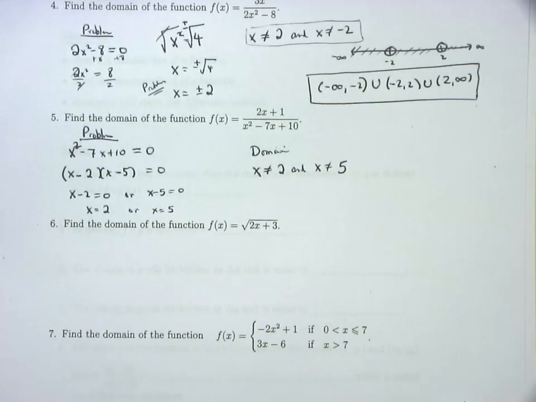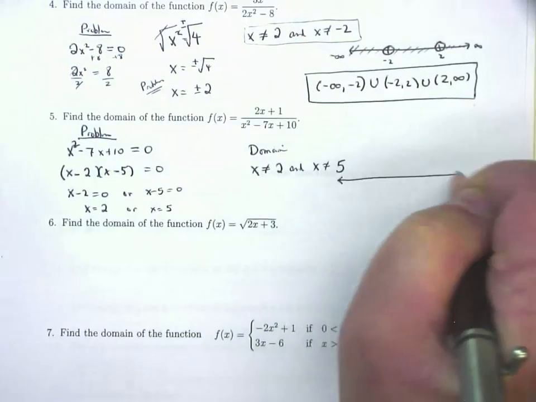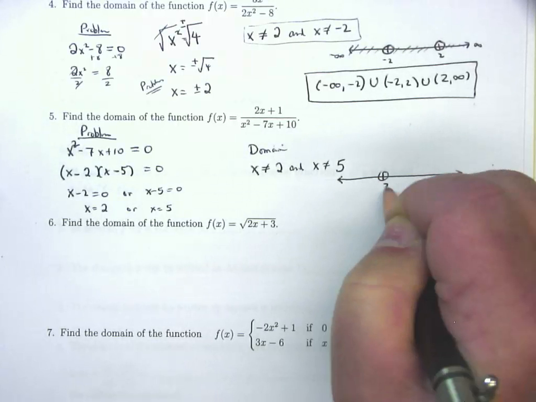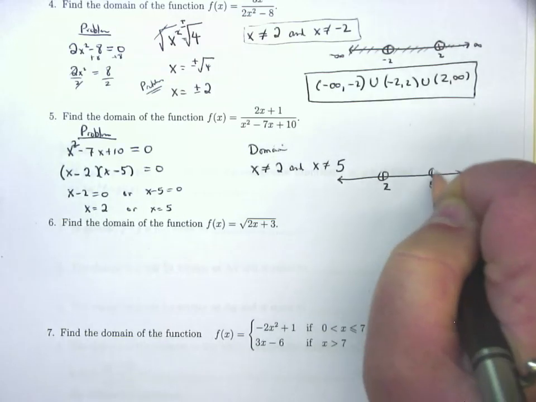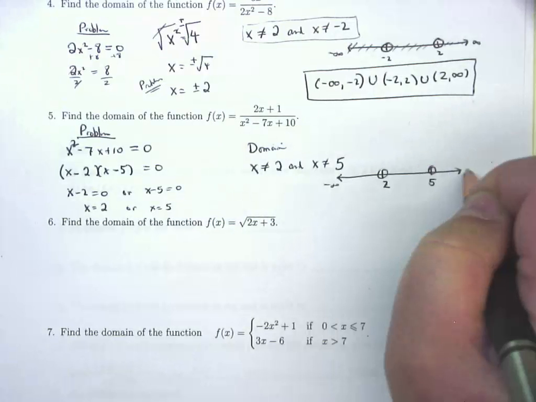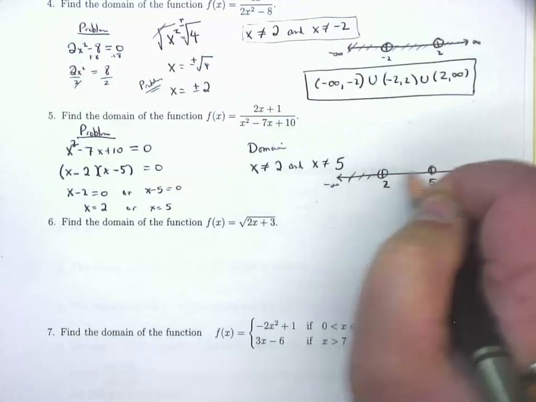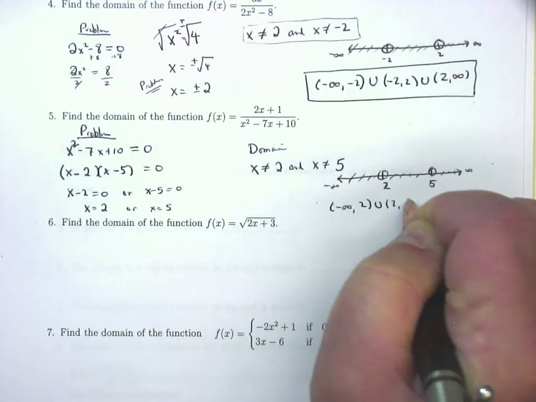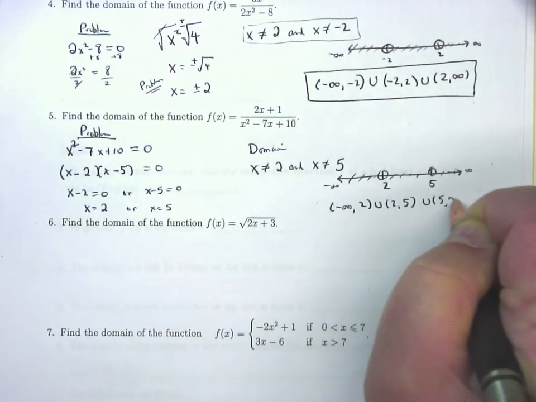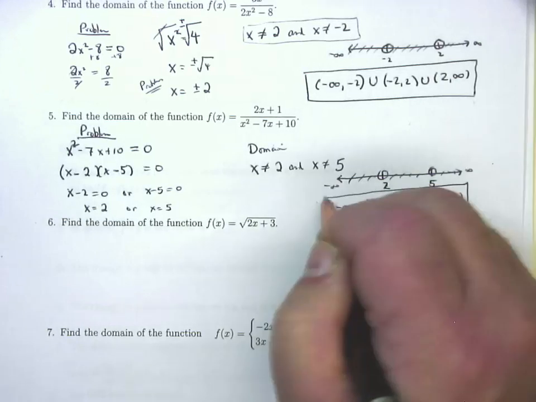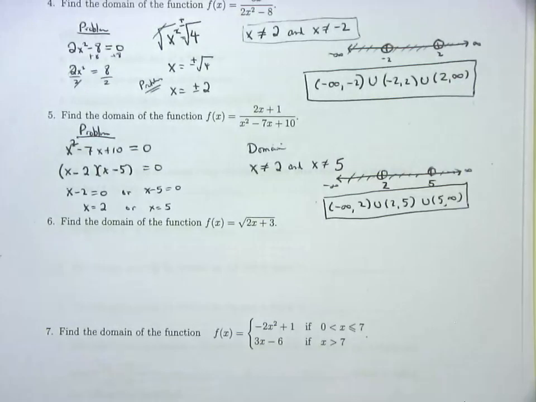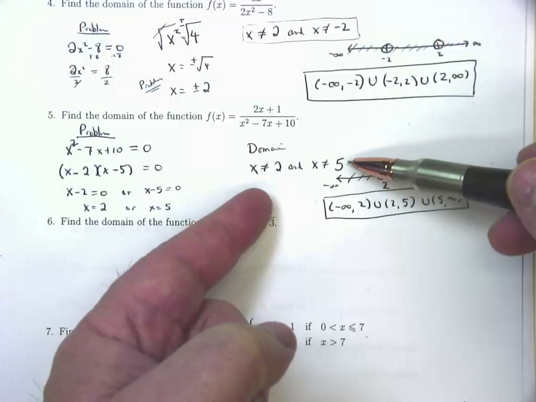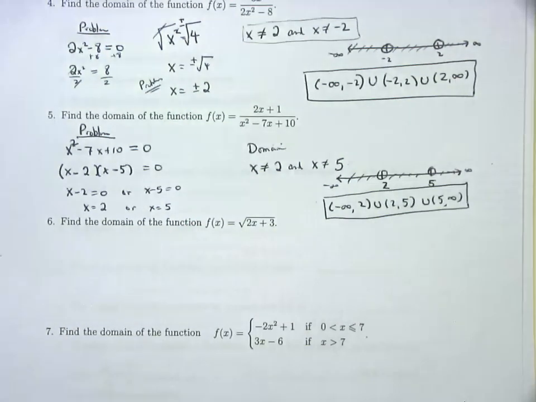However, to write this in interval notation, you can first write it as a number line again if you want to see it. So I've got to omit 2, and I've got to omit 5. So negative infinity to infinity. So interval notation would be everybody but 2 and 5. So this would be negative infinity to 2, union 2 to 5, union 5 to infinity. Now, I'm just trying to give you a visual aid, but honestly, you should have the ability to go from x can't be 2, x can't be 5, to negative infinity to 2, union 2 to 5, union 5 to infinity.